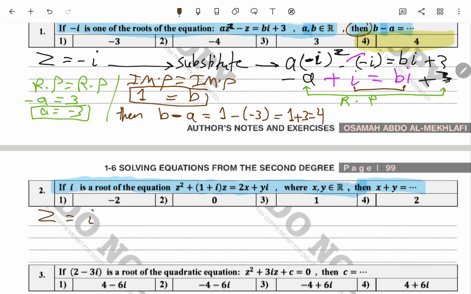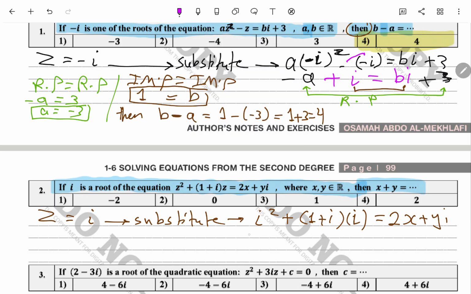Then we are going to substitute this z into the equation, giving i squared plus bracket 1 plus i, close your bracket, and open another bracket including i again, equals 2x plus yi on the right side. Now, after simplifying the left side, you can have